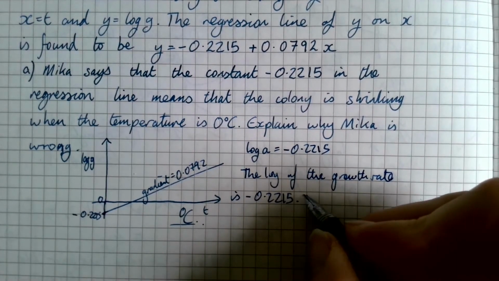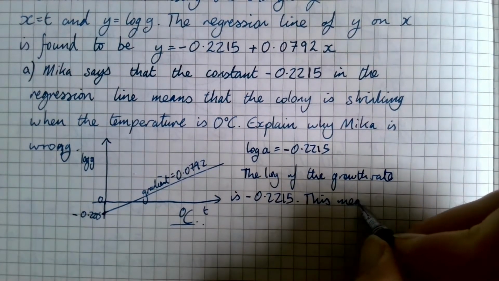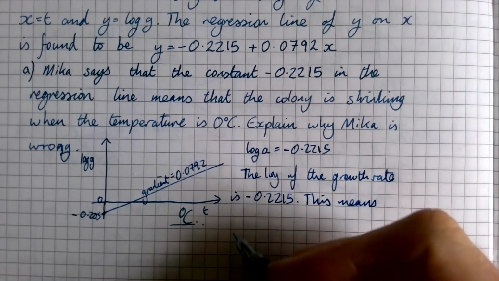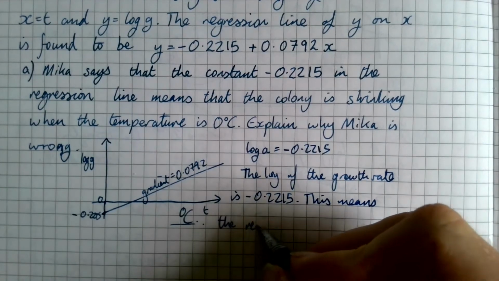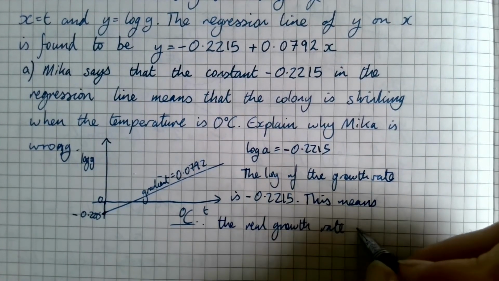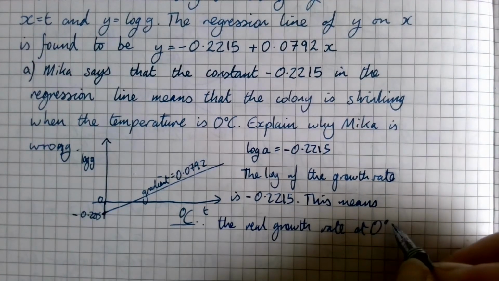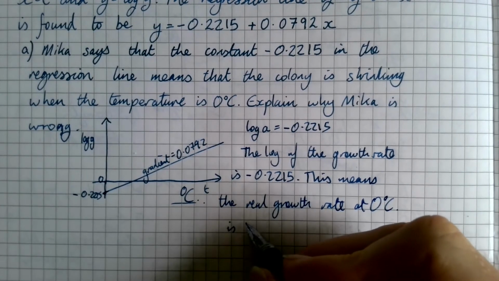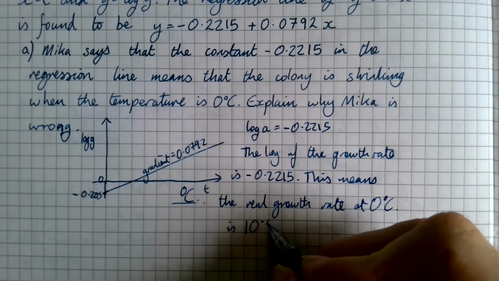And this means, because whenever you've just got log written, that means log of base 10, this means the real growth rate at 0 degrees C is going to be 10 to the power negative